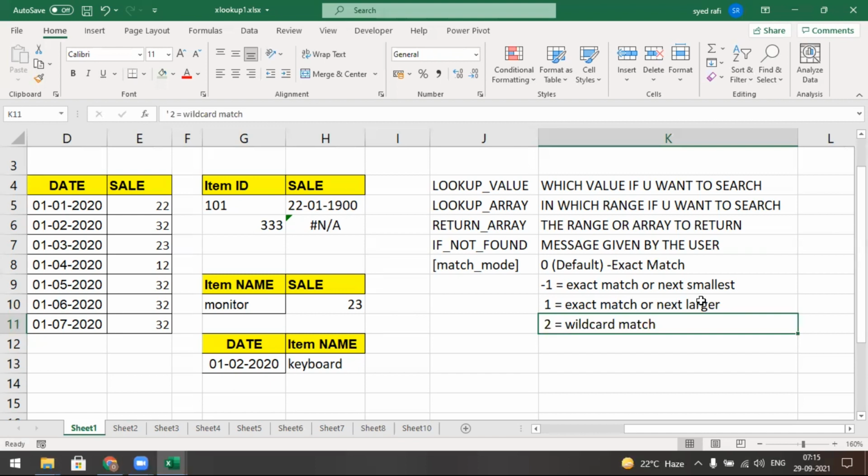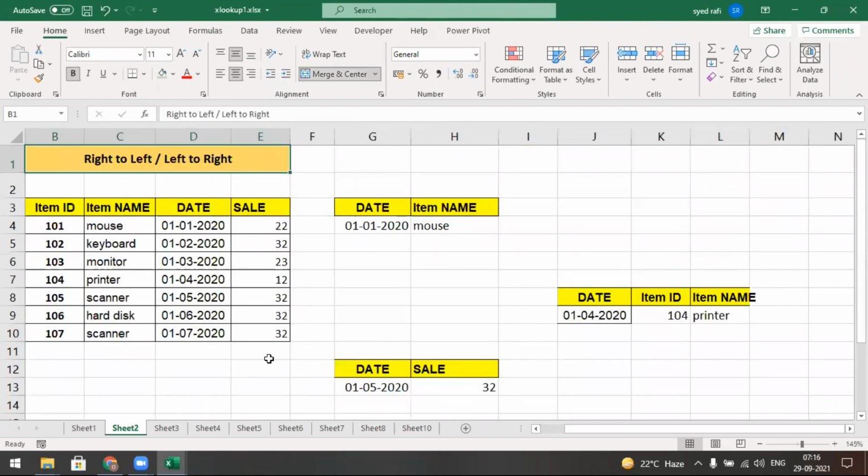So in match mode, these 4 arguments are here. We discussed match mode. Okay, so let's check about this one. What is this, left to right? Already we may see this one. Here we give a date and we get this item.